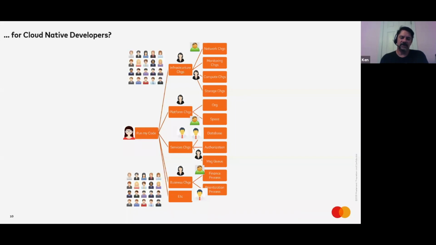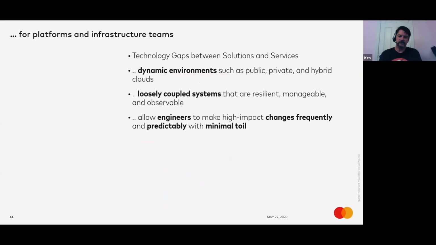We want these approvals and some of the validation that's needed to be baked into the delivery of that application service, on the database configurations and the database management and the monitoring that's required for the databases to be standard across the organization. The other aspect is for the platform teams and the infrastructure teams: there's a large gap that exists today between what I call solutions and services.